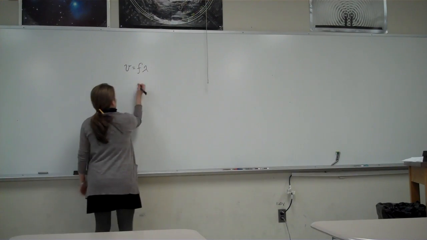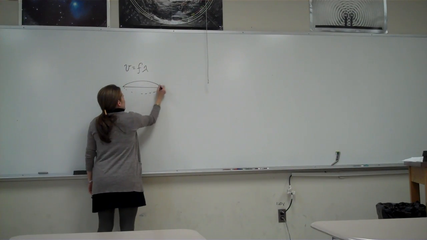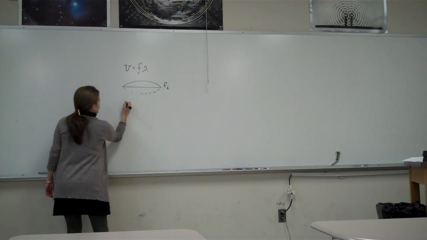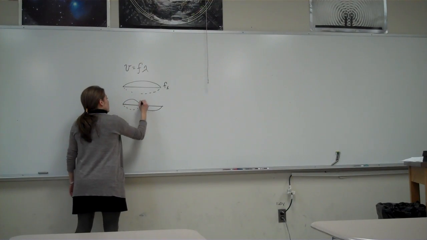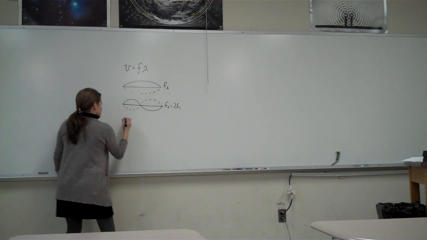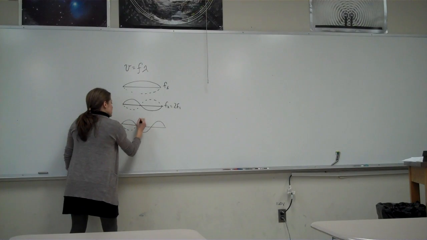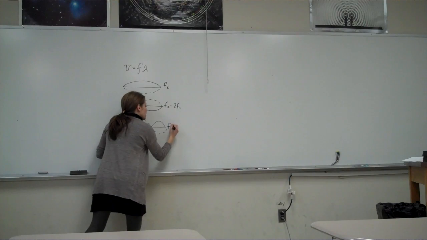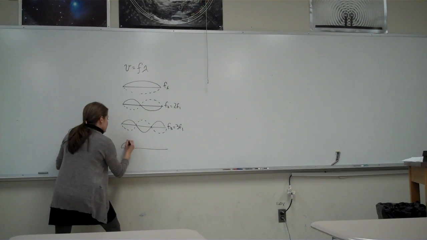Okay, the first four were when the string was just vibrating up and down. It was called the fundamental, or the fundamental frequency F1. There was the one where half of the string was going up and the other half was going down. That was F2, which was twice the fundamental. We had F3, which was where it was doing up in the middle and down on the sides, and then vice versa. And then finally, we drew F4,